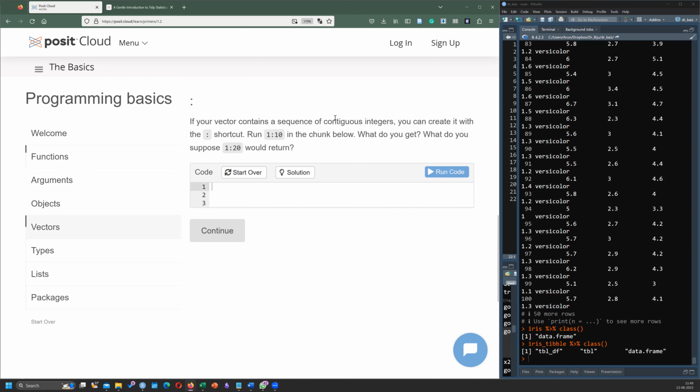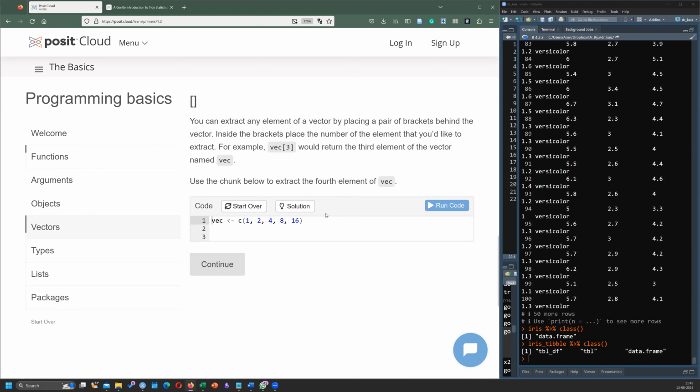If you run it, the vector contains continuous numbers from 1 to 20. You can extract any element. How do you extract the fourth element? This is called indexing.